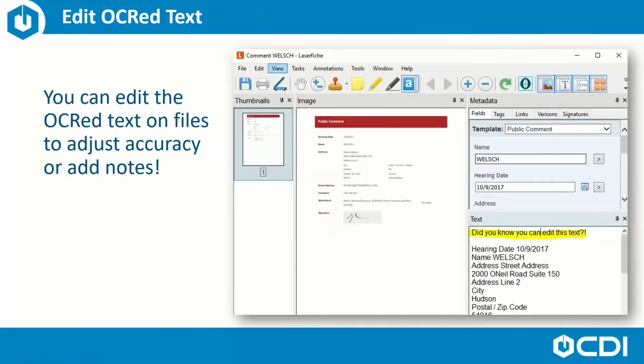This is another fun one. Again, learned from a client. This is nothing I had ever done myself or knew was an option, but you have the ability to edit the OCR text on files. So again, if you're a heavy Laserfiche user,